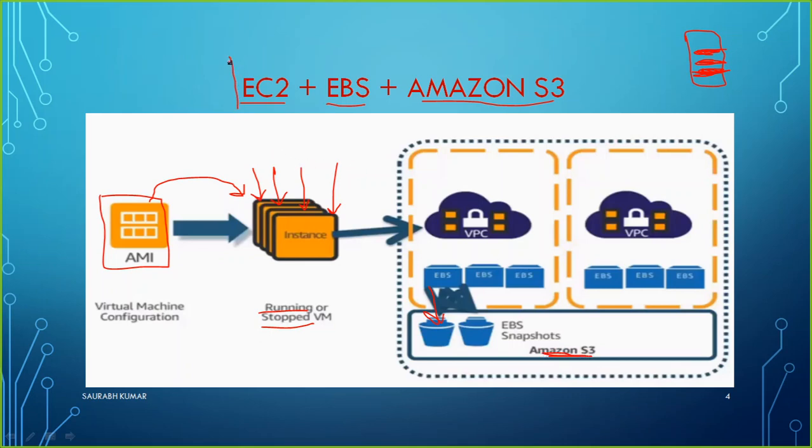You have EC2, and EC2 is connected with EBS to have the basic storage, to have the operating system run, and to store the applications or any needed data, plus the backup of EBS, or maybe you can also keep some other data on S3 which you will be able to access from your EC2. So this is how EC2, EBS and S3 are related to each other.